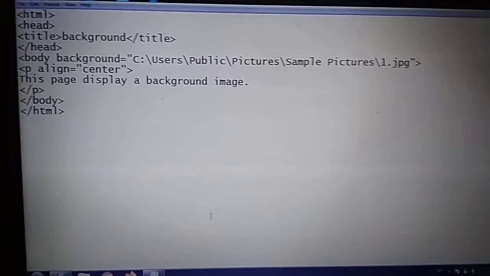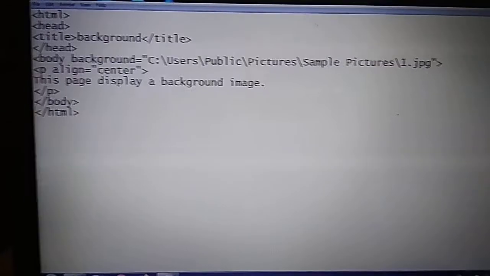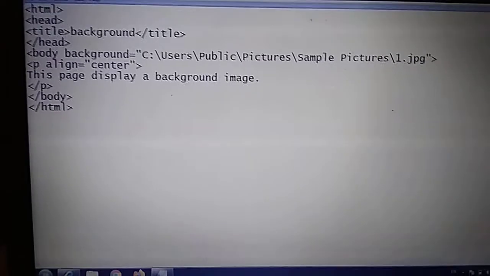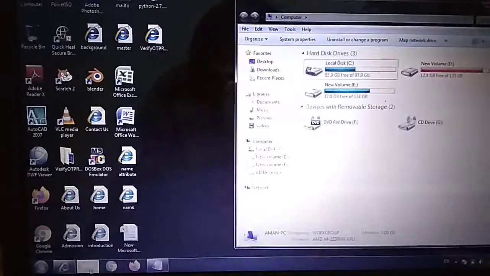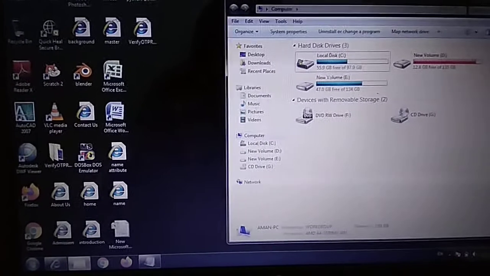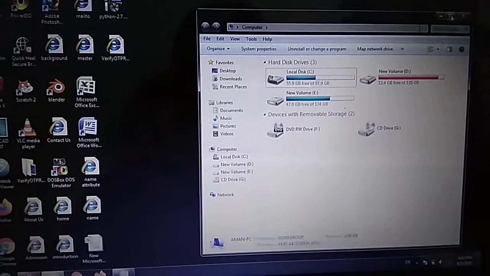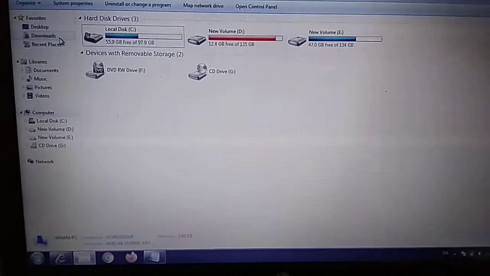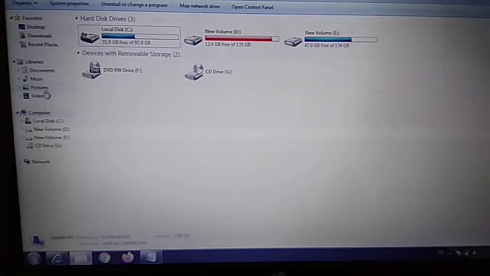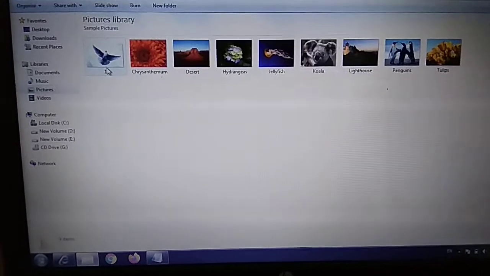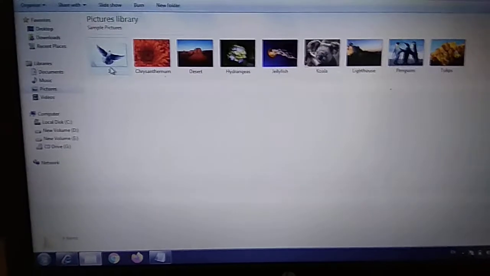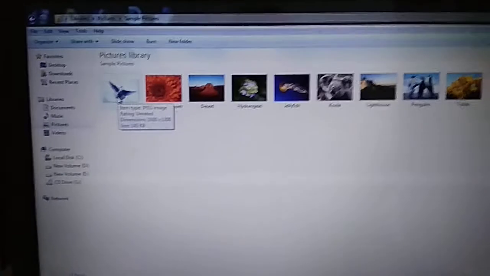Let's see this. We go to the images on your system, where you have to place it. Suppose in pictures, this is your pictures folder, and suppose we want to place this image in our background.